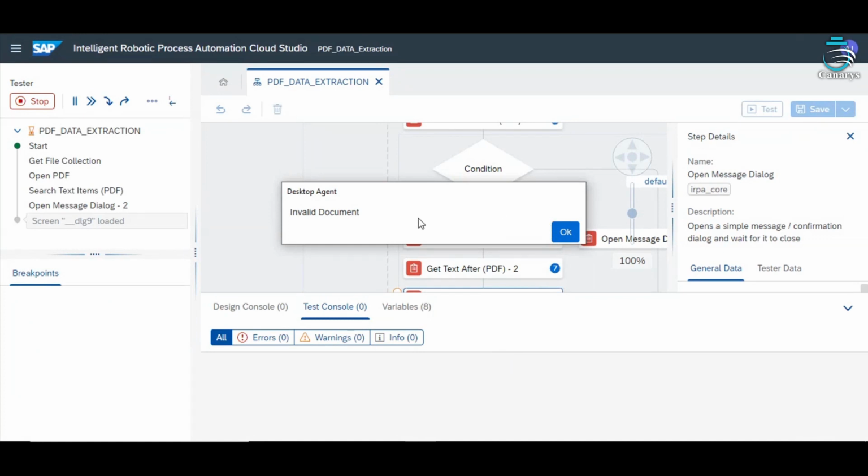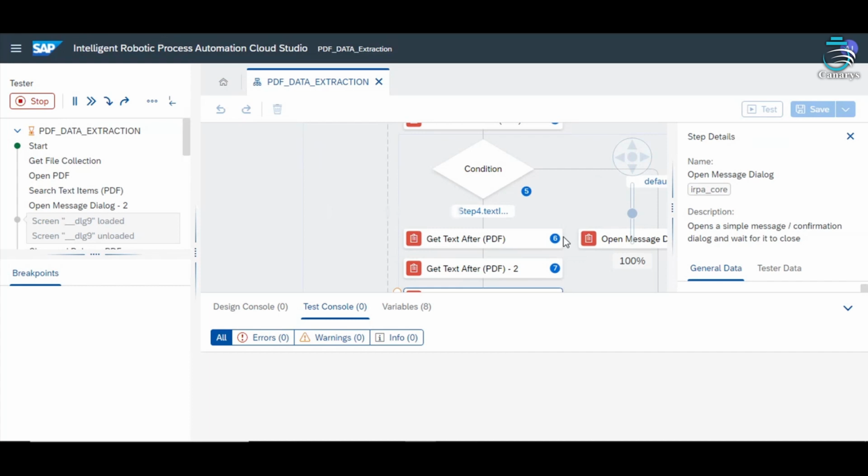So as expected, in the first file there was no invoice details, so it is showing invalid document. In the second document I have invoice details, so here I am fetching order ID and the grand total of that. This is the next document's detail. This is the last document's details, and the test run is completed successfully.